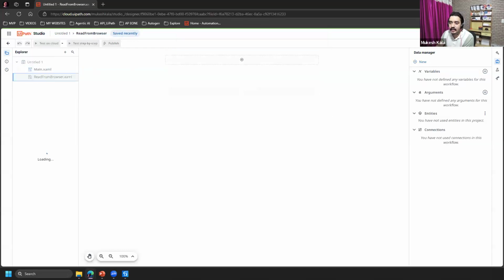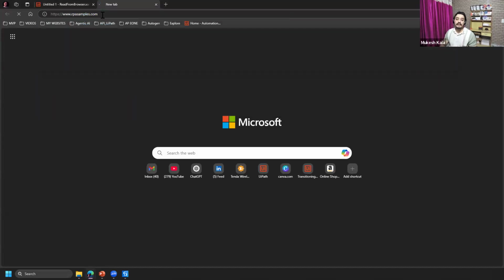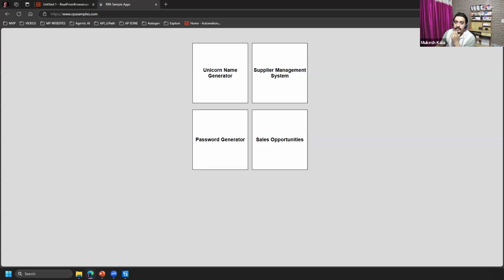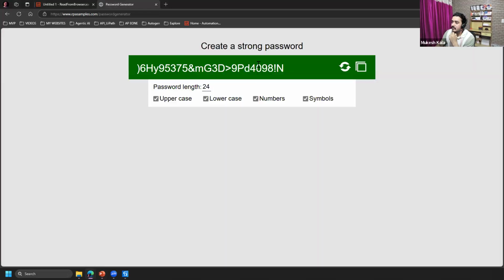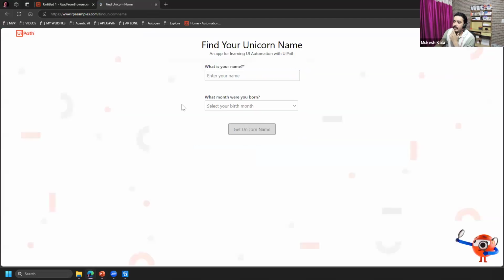Now, I told you that I have some interesting stuff to show you, right? And I think that would be interesting. I will go to one website, let's say RPA samples. It can be any website, okay? So this is a website which is called RPA samples, right? And if I click on any one of those, it has some password or something, right? With my UiPath, I can actually go and do some interactions on the browser as well. I can scrape the information, I can put the input, get the output, all of that is possible, right? Let's try to do that.